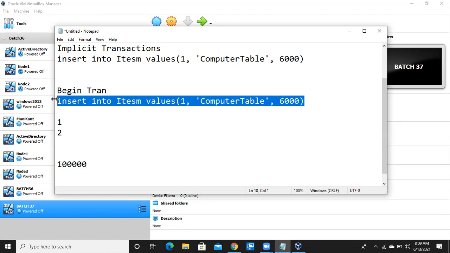If it is successful, what is the result? I am going to get the money. If it fails, what is the result? I am not going to get the money, right? So there is no partial success in this transaction. Like 5,000 comes to my account, and 5,000 failed and stays in your account. There is no partial success. Either I am going to get all the 10,000 rupees or else I'll get 0 rupees.